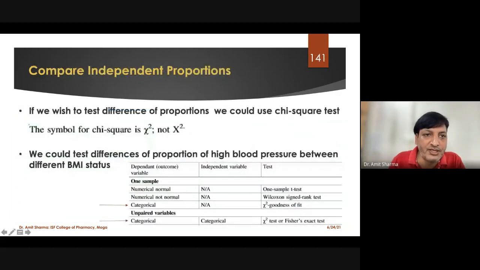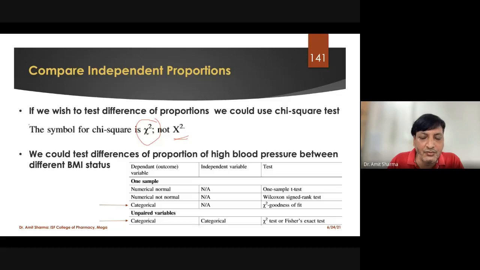And from here, you can see that I'm going to start with a non-parametric test. The first non-parametric test will be considered as chi-square. And what are the rules and regulations which we have to follow? I will let you know. For example, we wish to test a difference of proportion. We could use a chi-square test. The symbol for chi-square is this one, chi, not x square. This one is a chi,